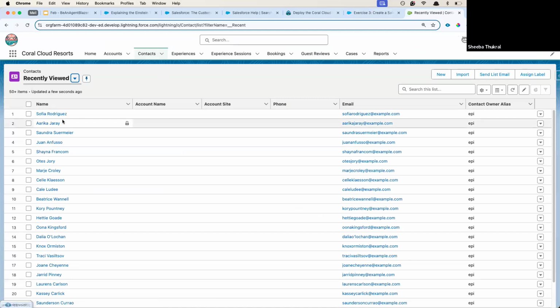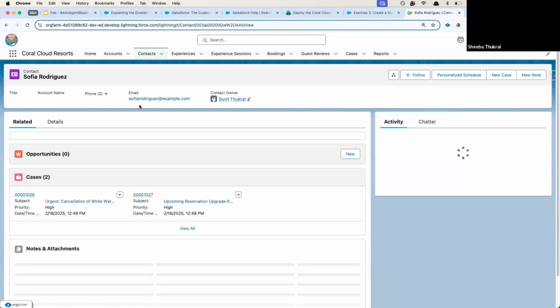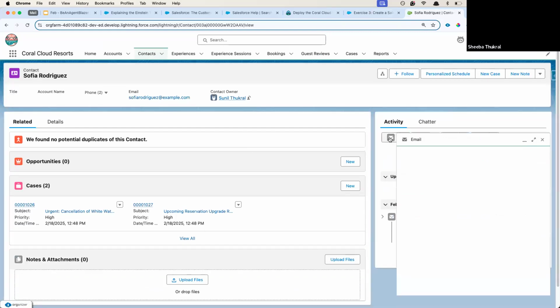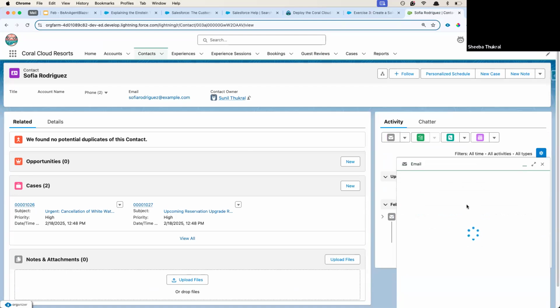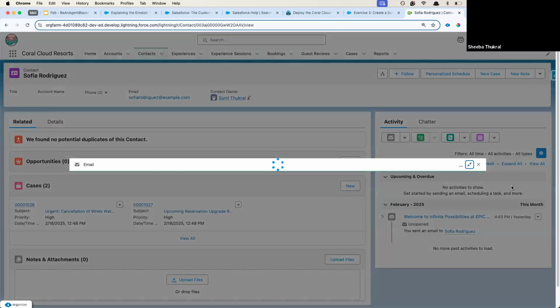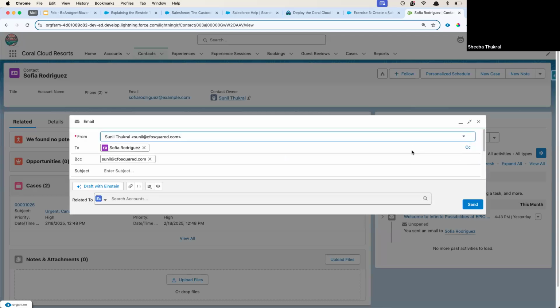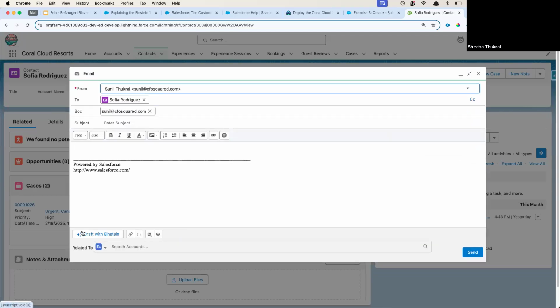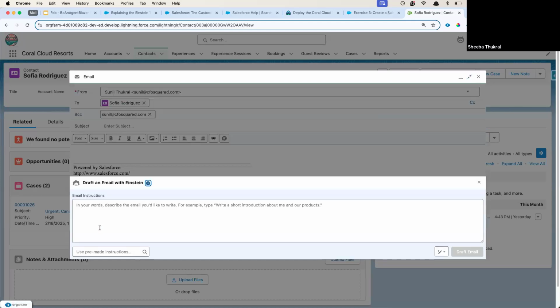For instance, if I go to a contact like Sofia Rodriguez, here is where the sales template has been used as an email in the activity, in the email tab. Oh, it's so slow. Yeah, here. So you see this sparkly draft with Einstein. Once I click that,